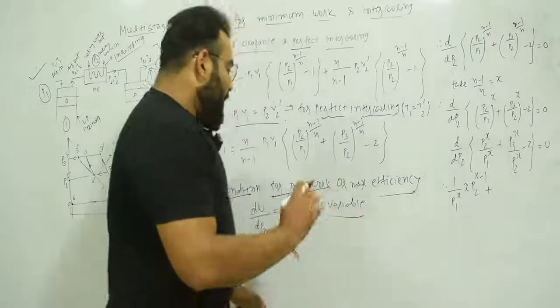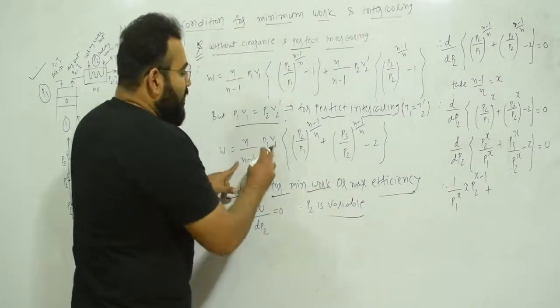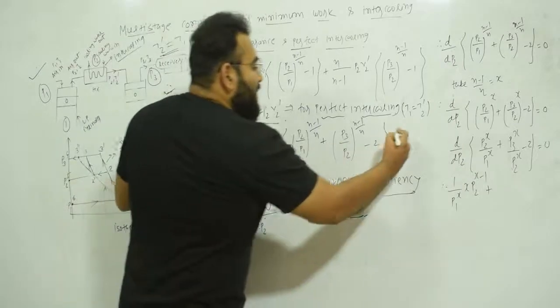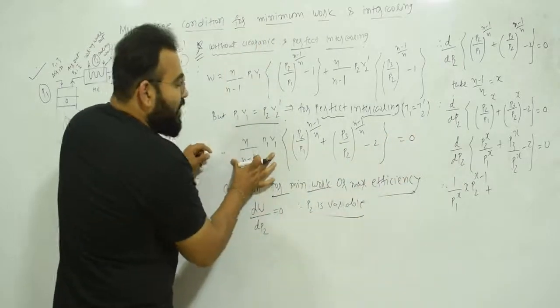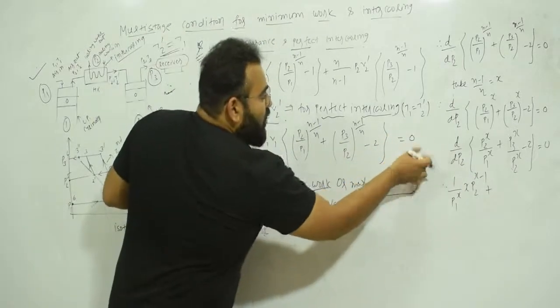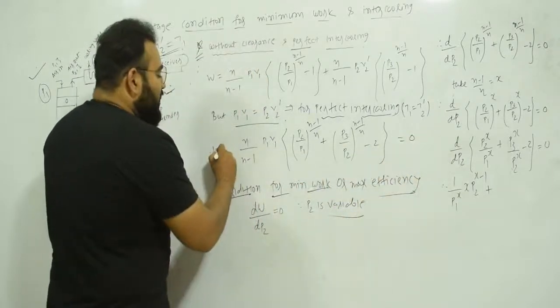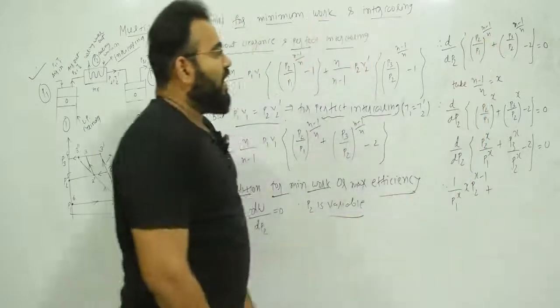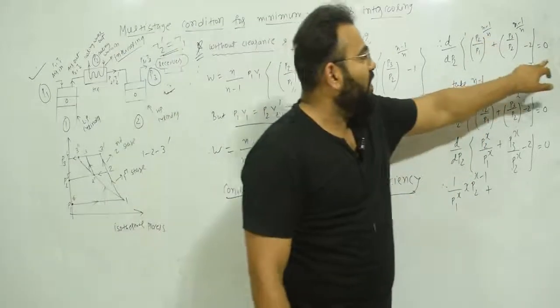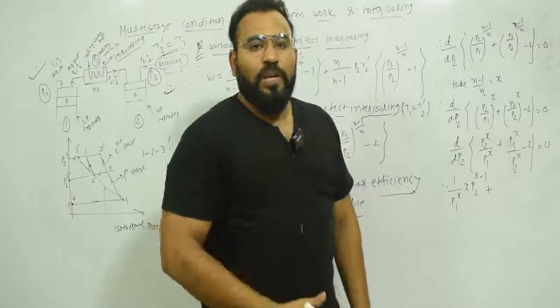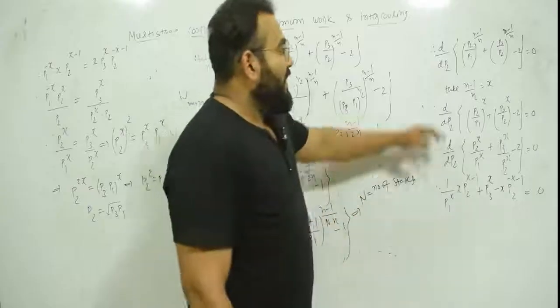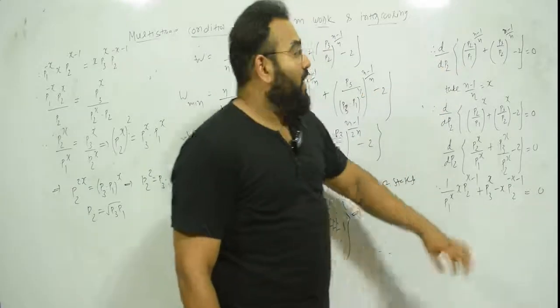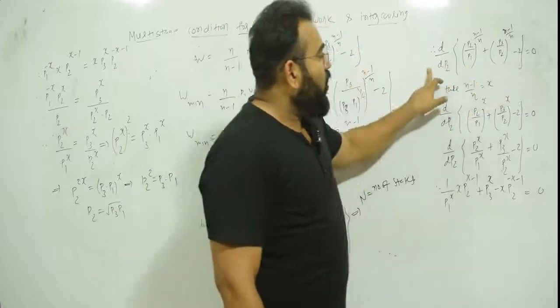Again, repeat, why have I not written n upon n minus 1 P1 V1? Because you know that is equal to 0. So if these terms go over here, 0 upon that is also going to become 0. So that's why I have not written n upon n minus 1 P1 V1 over here. Now you have to do the differentiation of this equation with respect to P2. So let's do it. Now let us differentiate this equation with respect to P2.